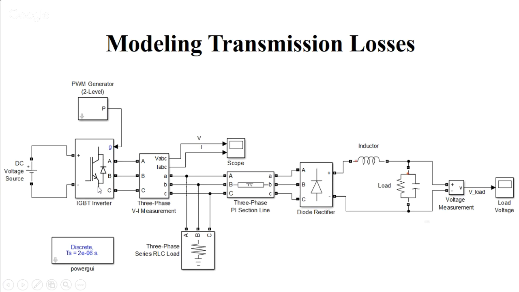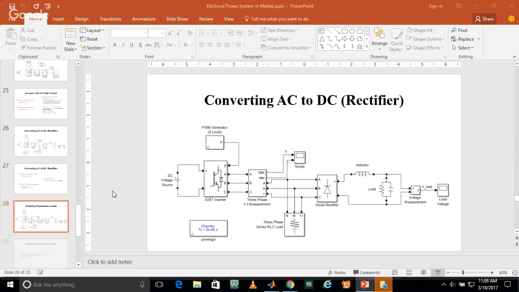This is only given because the distance between the rectifier circuit and inverter circuit is very long. That means 5 kilometer, 10 kilometers. Like you are sitting here and you want to operate a circuit in sector 29. At that point of time you need lines, transmission lines or distribution lines. So this three-phase PI section line will be providing the parameters for those lines. Okay. So again,